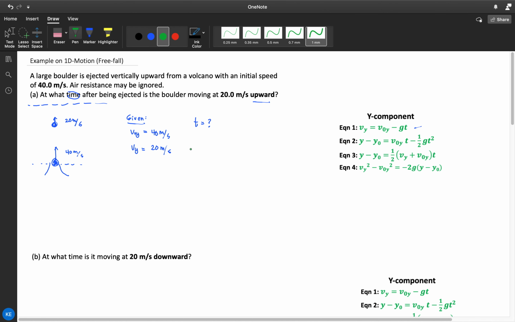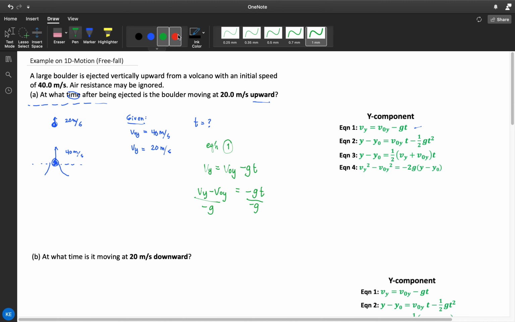So using equation 1, for this case, you'll have Vy is equal to Voy minus Gt. So here, transpose to the other side of the equation or subtract Voy both sides of the equation, and then